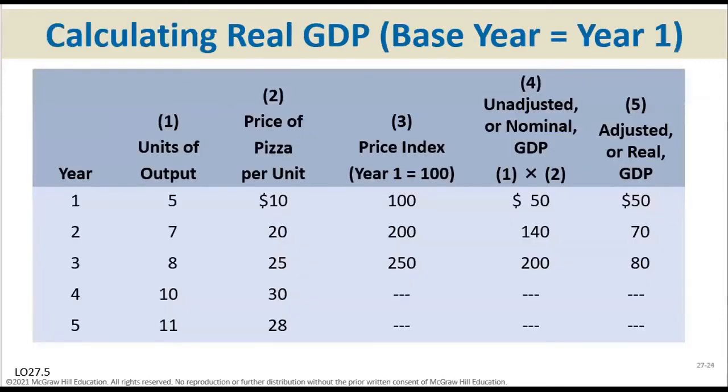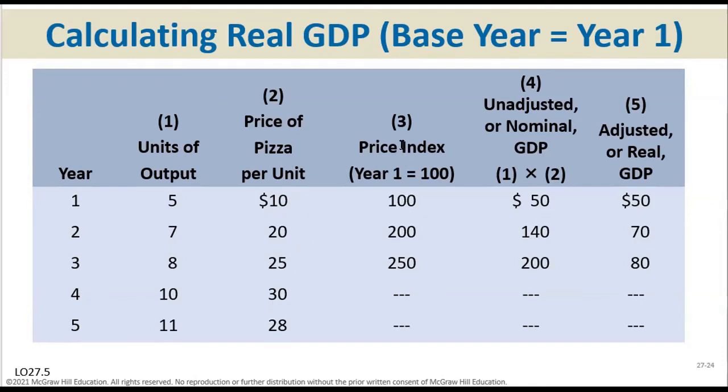So in this table, nominal GDP and real GDP are calculated based on the formula that I just showed you. So year one and year two have been calculated. So you can see here that it's determined that year one is the base year. Right? Year one is the base year, and in that base year, the price index is 100. So based on that, you can use the formula to calculate the rest of the information, right? Here are all the outputs produced in each year. So you have the current price right here per year.